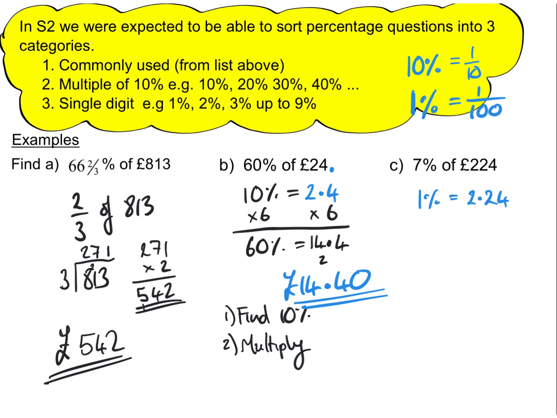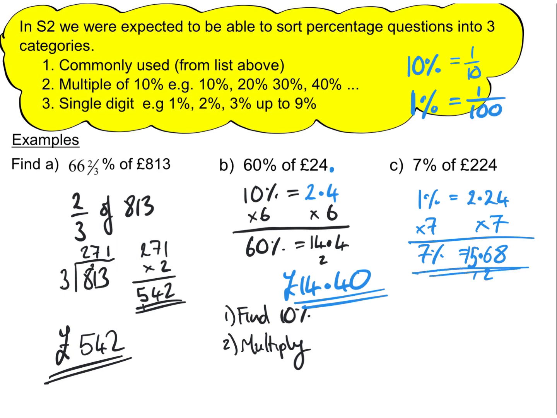And then once I've found 1%, it's very easy for me to find 7% because I know it's just 7 times as much. So I take that 1% and multiply it by 7. Then I'm going to get 7%. And I'm going to multiply the other side by 7 as well because they're equal to each other. So 7 times 4 is 28, and 7 times 2 is 14, plus the 2 is 16, so 6 carry the 1, and we'll put our decimal point in as well now. And then 7 twos is another 14, plus 1 is 15. So that's, oh, hang on,